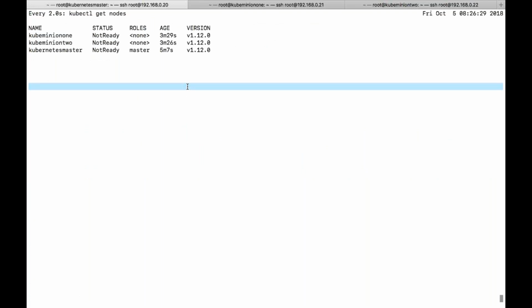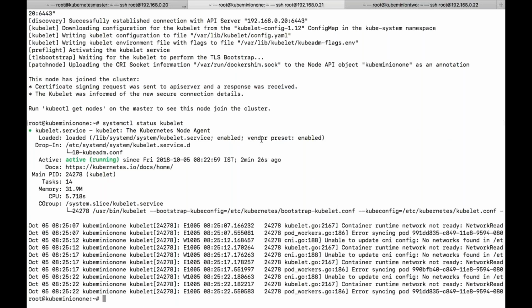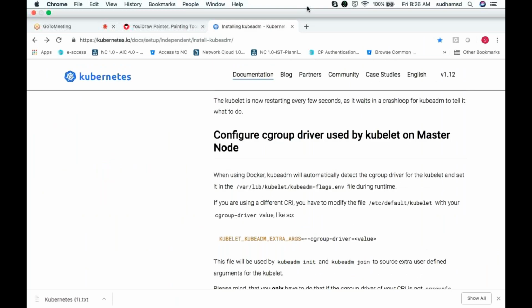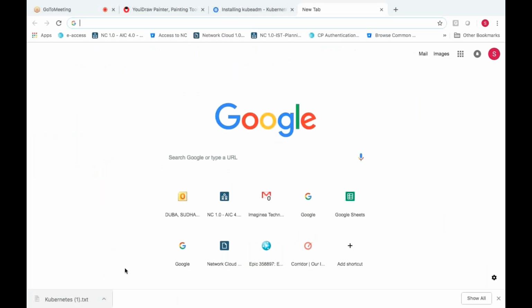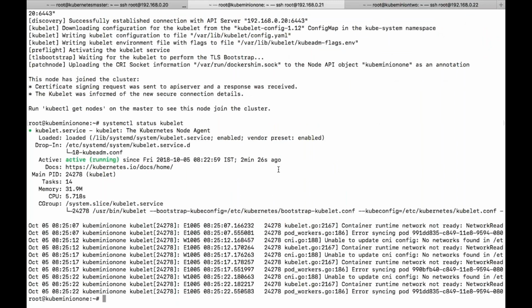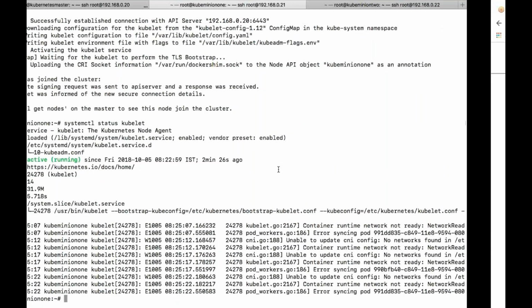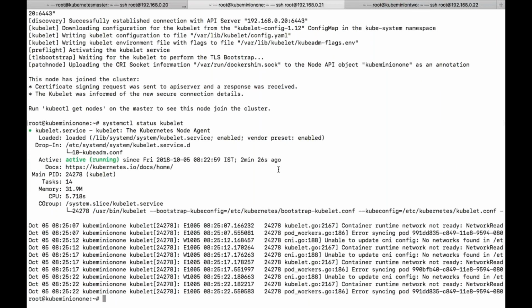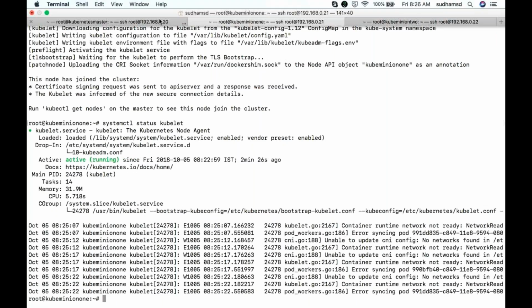Why is it saying input not informed? Networking component created successfully? Sorry? The Flannel networking component, that is what I'm checking.